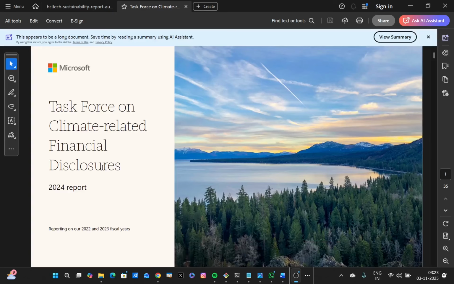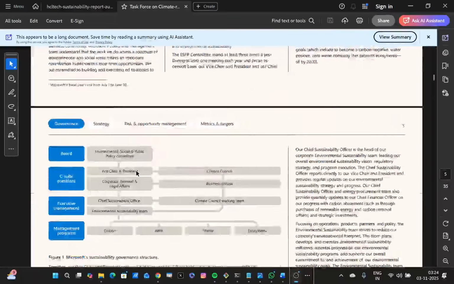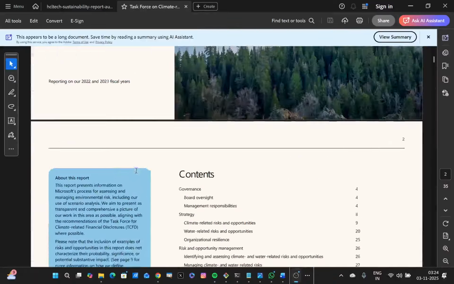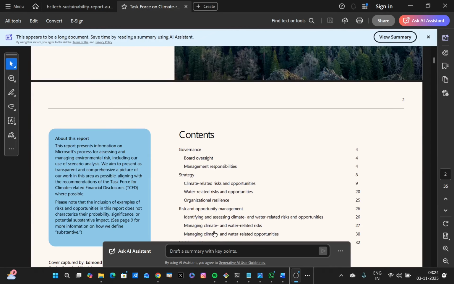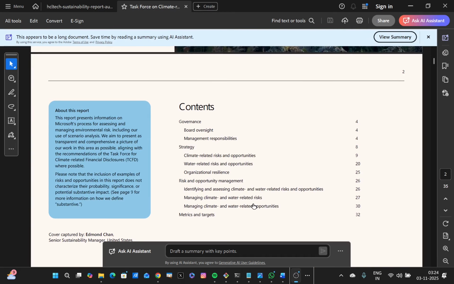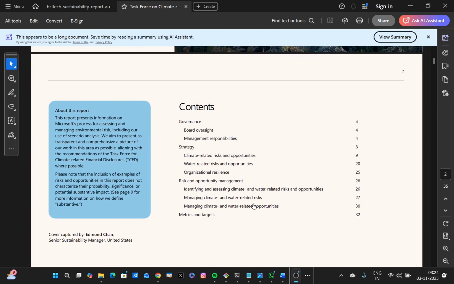So I again have the TCFD report for the year 2024 that's published by Microsoft. And in this video, we will be covering the climate related opportunities mapper that CarbonOps has to offer. So if you again jump directly to the index, there you go. You could see that Microsoft has disclosed on climate related opportunities as well as managing those climate related opportunities. So that forms like the main third segment of an entire TCFD report for an organization that's even as big